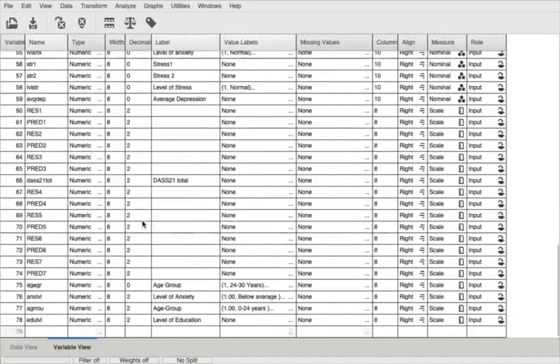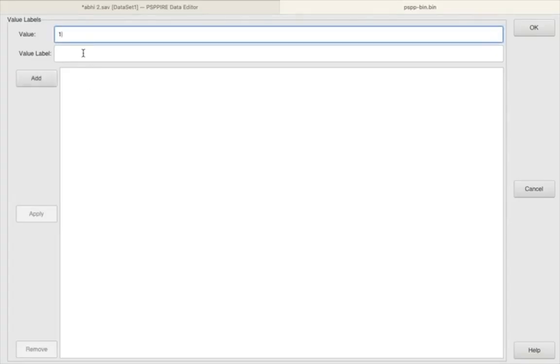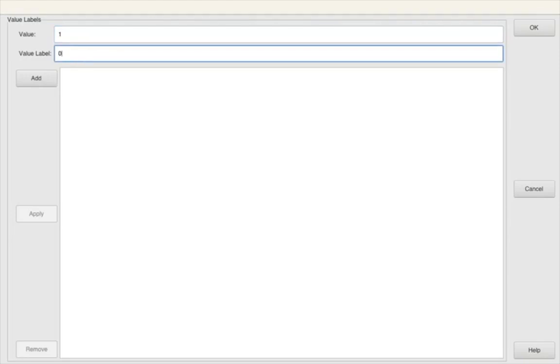Now, we have to go down here to Value Labels. What is 1? 1 will be below 15, or we can say 0 to 15 years of education.